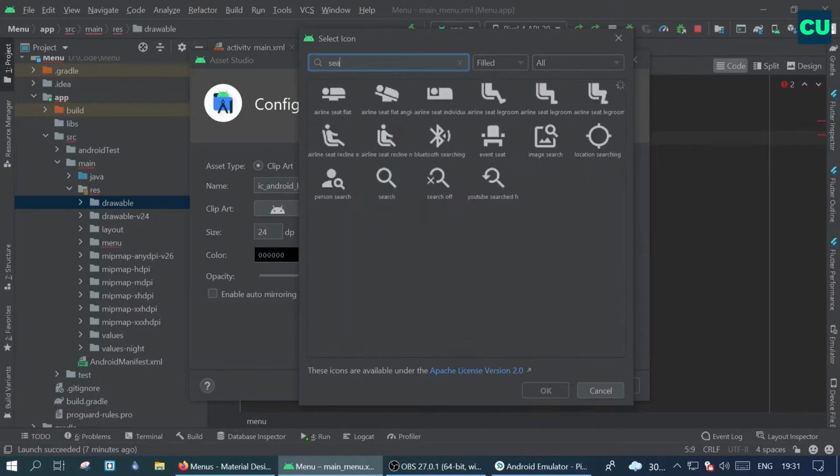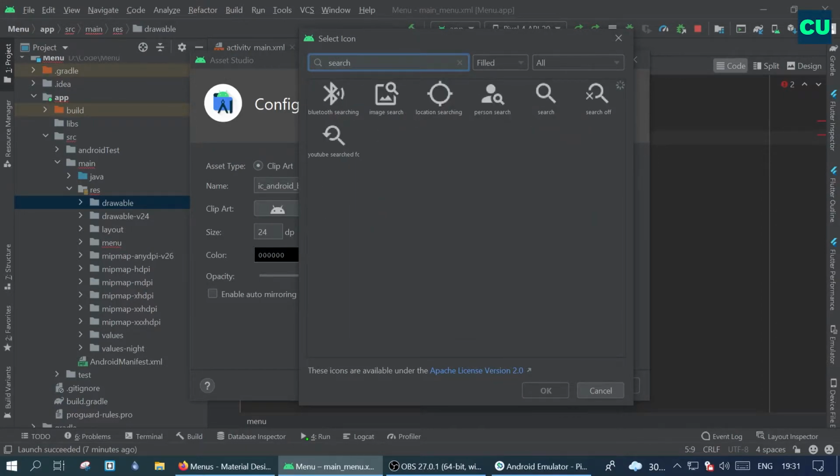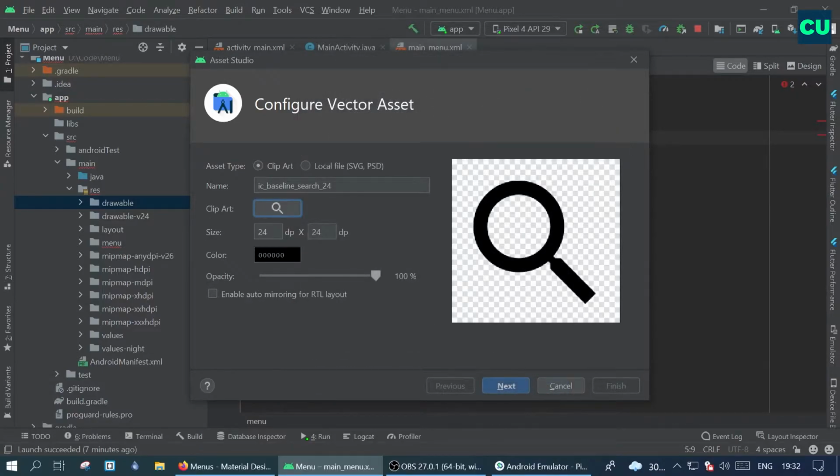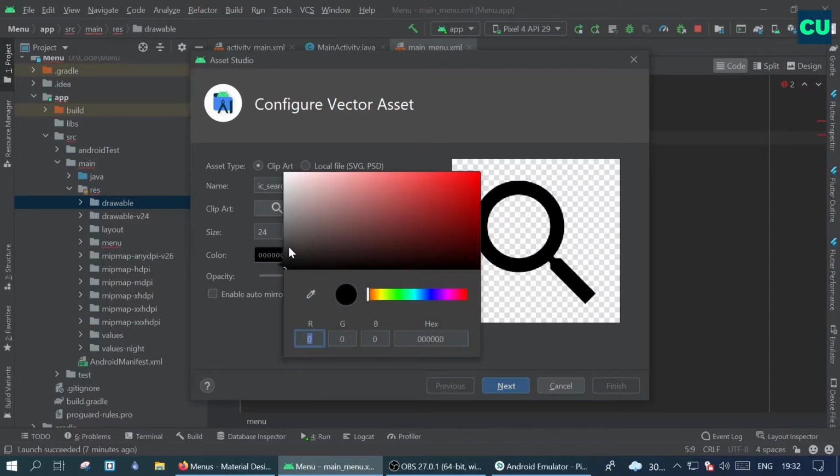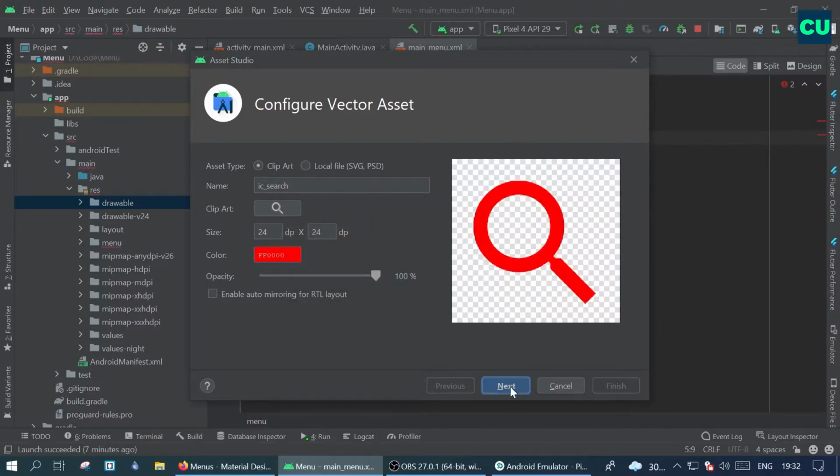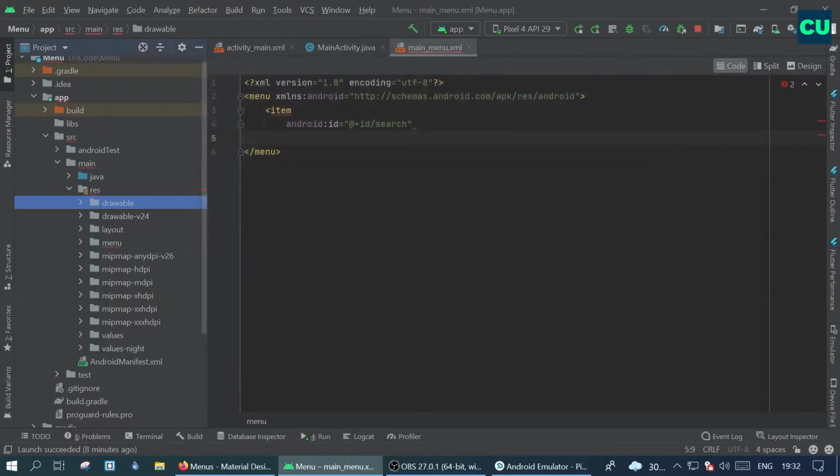Here you can search for that particular icon. Click on the icon that you need and then click on OK. Try to name your icon accordingly. If you want to change the icon's color, you can do that using the color options here. I'll have that as red color, and then click on next and then finish.